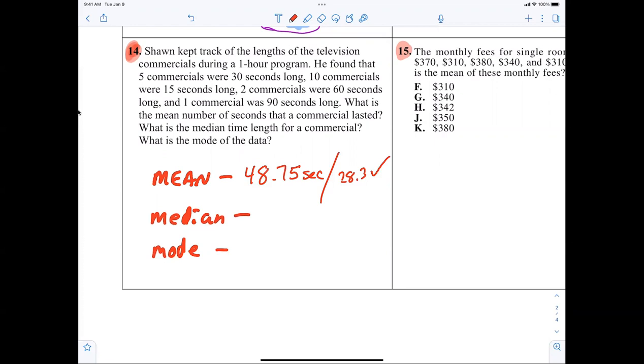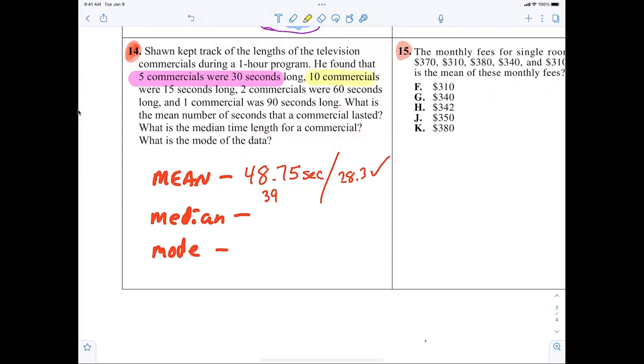All right, so everybody take out your handy dandy calculator. Good. I like it. A different number. All right. So here we go. 5 commercials were 30 seconds long. So what do I have to do? Do 5 times 30 plus